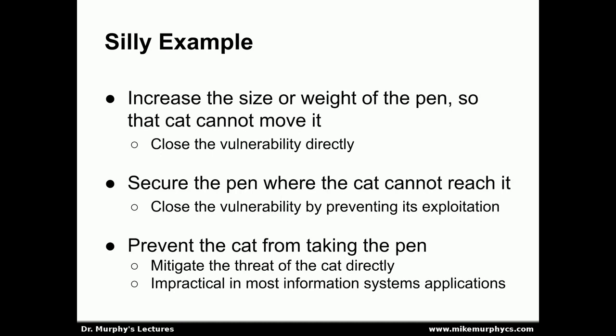We could secure the pen where the cat couldn't reach it, so we could close the vulnerability by preventing its exploitation. This is a fairly simple approach, and it's one I'll talk about a little bit more in a moment, and it has certain benefits as long as it's implemented correctly. Another solution would be to